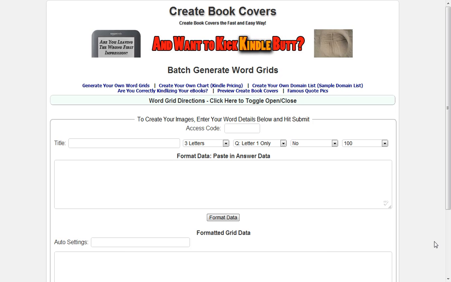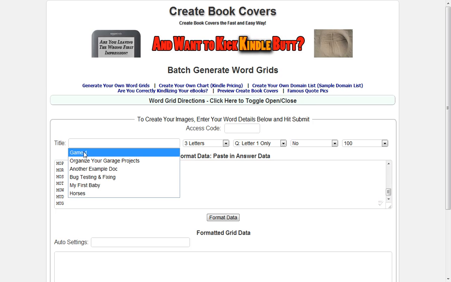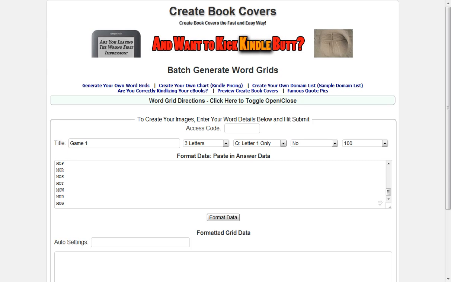So it's just a matter of making it as simple as possible to use. So this is what the whole idea is with this batch generate of the word grids. So what I'm doing is I'm going to go ahead and demonstrate that real quickly, and I'm not going to explain every little piece because it might take way too long, but basically I'm going to just give it a title. I'm going to enter whatever text I want at the top, and then a list